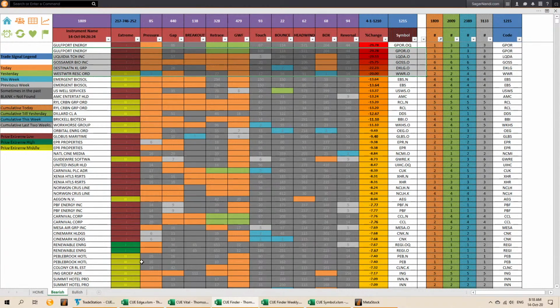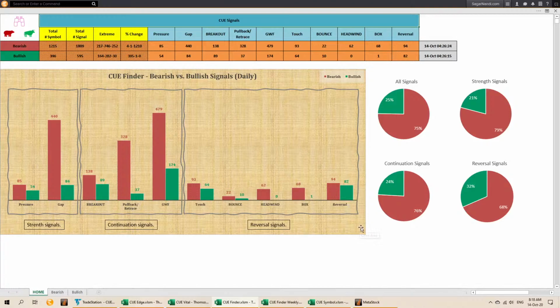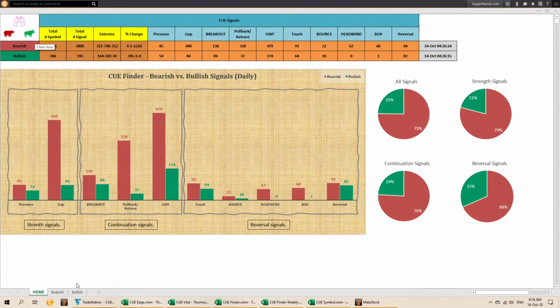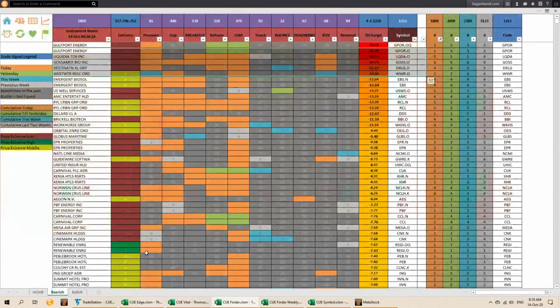What I did, I looked at the QFinder homepage. I saw that yesterday was largely bearish across all the categories. So I went to the bearish tab and tried to find shorting opportunities from the worst performing stocks. I didn't find any. And that may be because I selected the stocks that went down by a very large percentage,